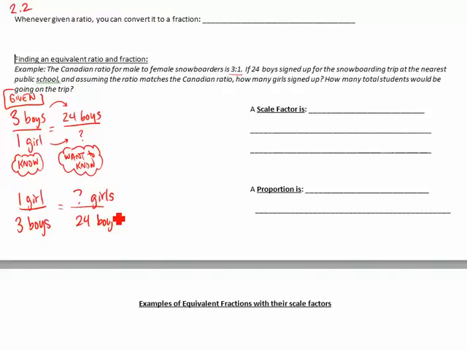Now, in both cases, though, I'll always look to see how I got from one side to the other side. So from 3 boys to 24 boys, I notice that it's correct because I have the same unit on both sides. And also, I can find out the scale factor. So from 3 to 24, I need to find a scale factor that will move me from one to the next. And that scale factor is multiplied by 8. So what I do to the denominator, I also have to do to the numerator, which means I expect then 8 girls to be going on this trip, because this is 1 times 8,